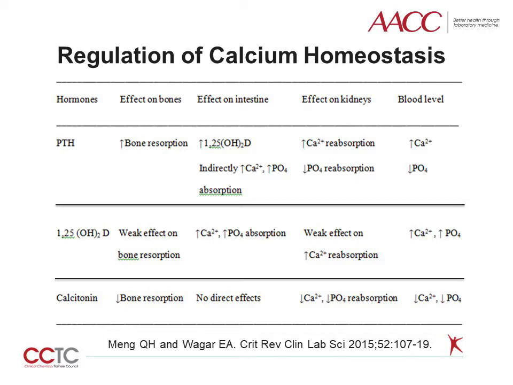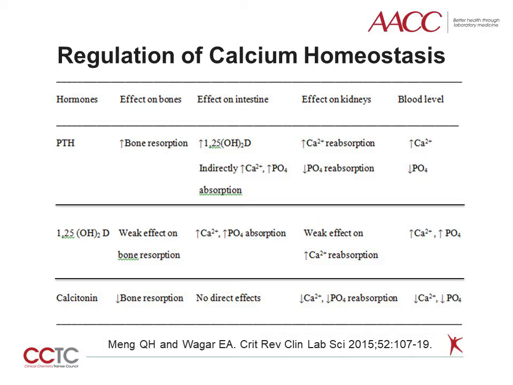1,25-dihydroxy vitamin D maintains calcium homeostasis in 3 ways. It increases calcium and phosphate absorption by the small intestine, weakly increases calcium and phosphate resorption from the skeleton, and weakly promotes the reabsorption of calcium ions by the kidney, while calcitonin decreases plasma calcium and phosphate by inhibiting bone resorption,